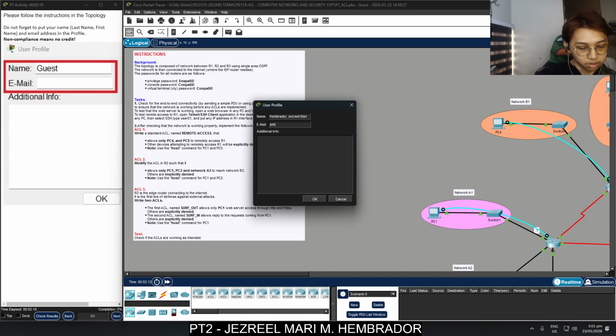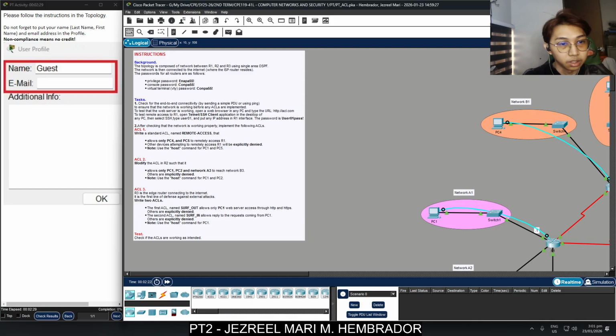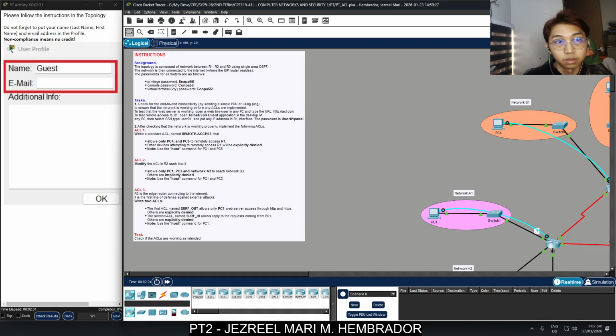And then for the email, Hembrador at mymail.mapua.edu.ph. Okay, and then press OK. So now we're going to perform the activity.